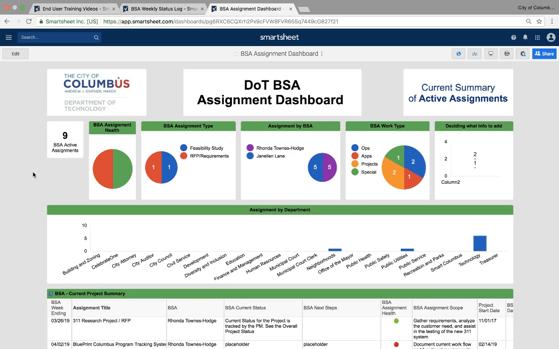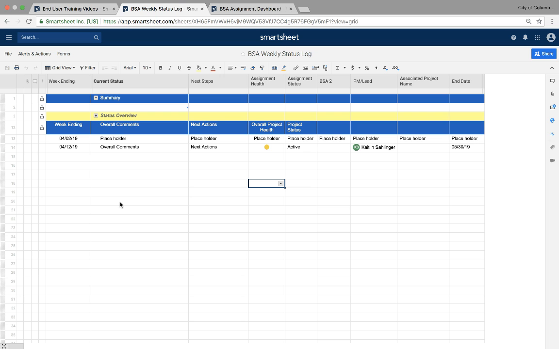So essentially, your entry points are in your weekly status log, and then these will be viewed on the roll-up level. All you'll have to do is each week come in, enter a new line item, and the rest